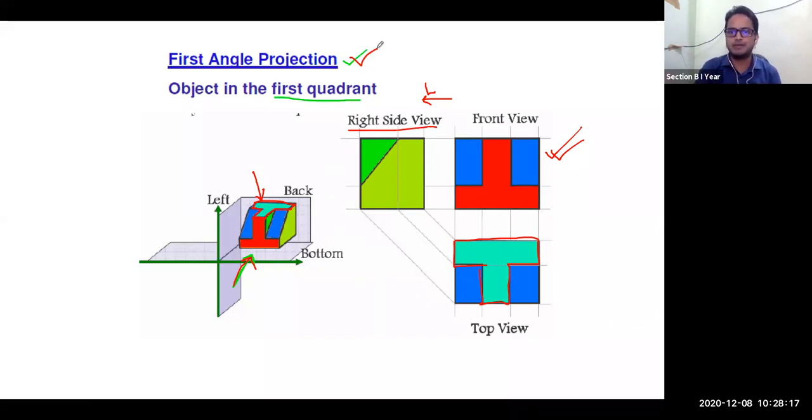So that's why I'm repeating it again and again, that right side view you will be able to see, but it will be on your left hand side. Similarly, reverse case will be there for left hand side view. So this is your first example. Using color code, you will be able to differentiate which faces you are able to see in which view.